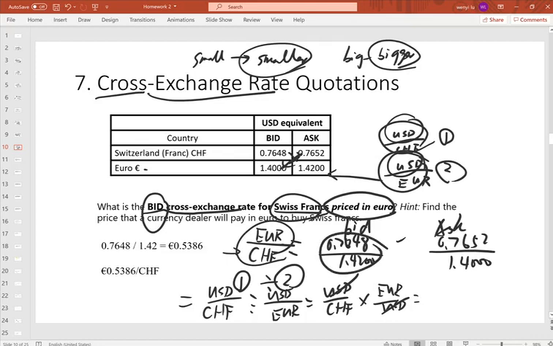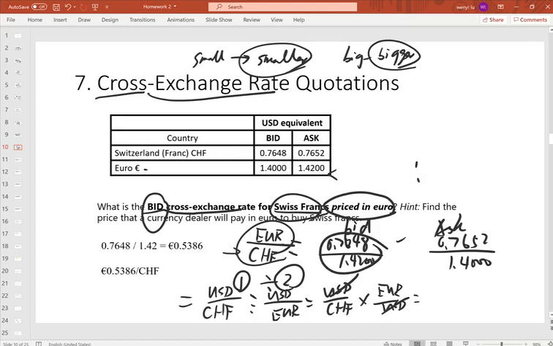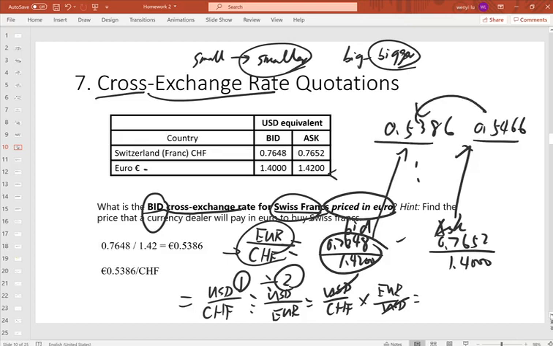So the bid price based on our division, if you solve that, equals 0.5386. The asking price, if you solve that, will equal 0.5466. You can see the spread getting even bigger than the original quote. That's why we mentioned that small becomes even smaller and big becomes even bigger. So that's how we use our